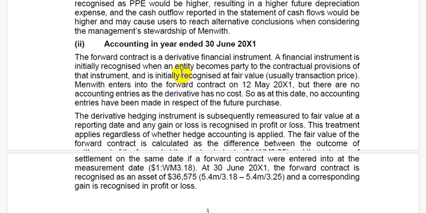The derivative hedging instrument is subsequently remeasured to fair value at a reporting date, and any gain or losses is recognized in profit and loss, as we saw from the knowledge side. This treatment applies regardless of whether hedge accounting is applied. The fair value of the forward contract is calculated as a difference between the outcome. Okay, there are some issues missing there. Okay, settlement on the same date. If a forward contract were entered into at the measurement date,